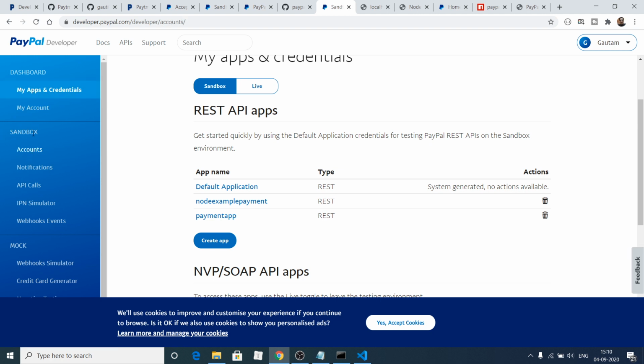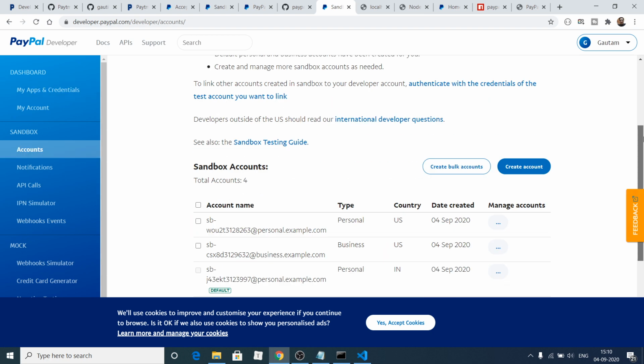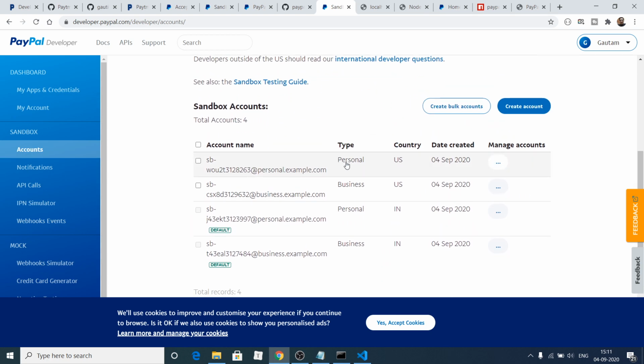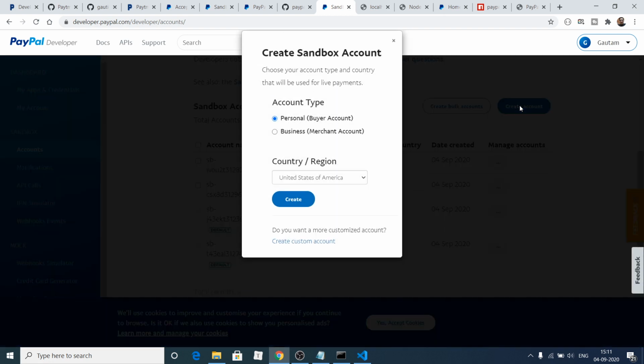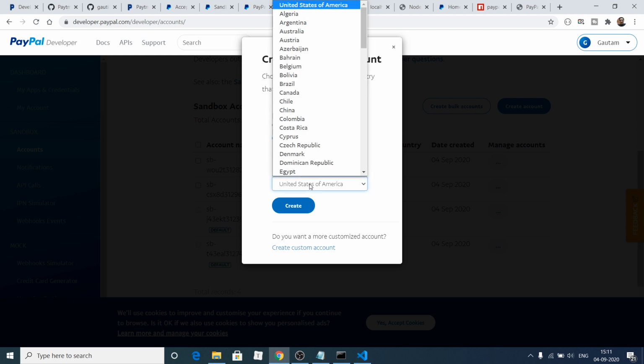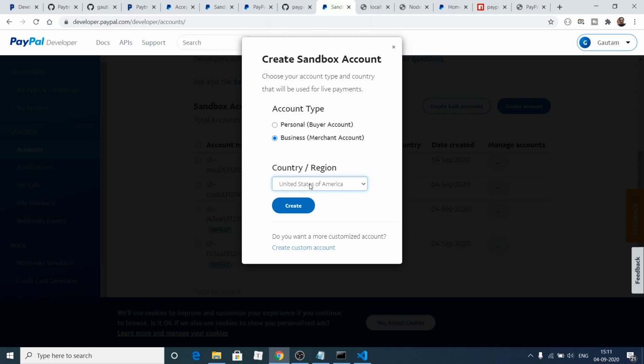Just go to this sandbox accounts option. So here you need to create a simple sandbox account. So I have already created these two, personal and business accounts. So this is pretty simple. You need to click this create account option, and then either you can select business or personal. So you need to create one business and one personal for the transaction to happen, and there you can select the country. So you need to select the US country if you are paying in USD.